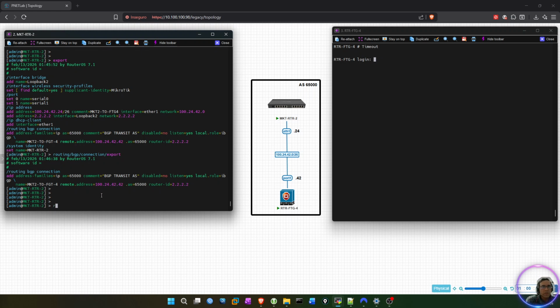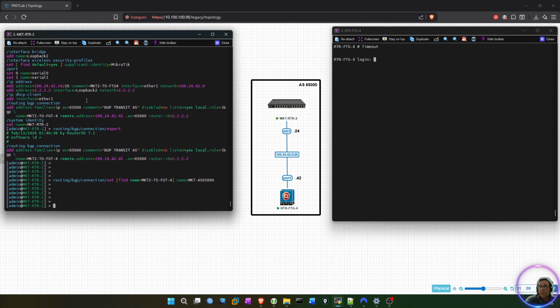Routing BGP connection set, and now we put the brackets and we find the name equals MikroTik to FortiGate, and we are going to place a variable saying that the new name is, and what was it, MikroTik AS 65000. Okay, if we now do another export,